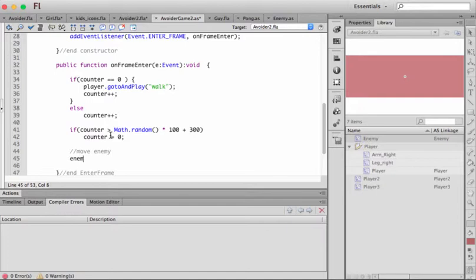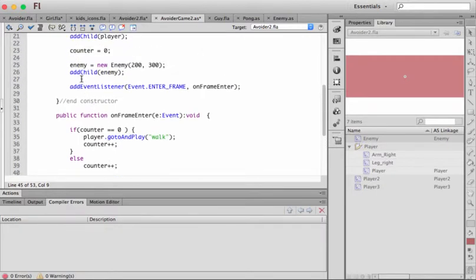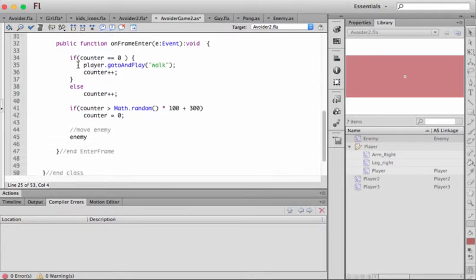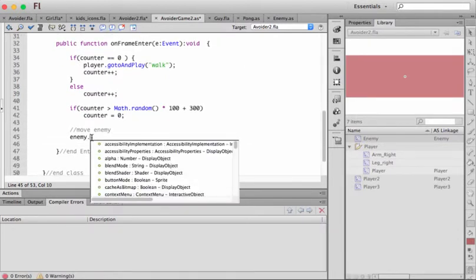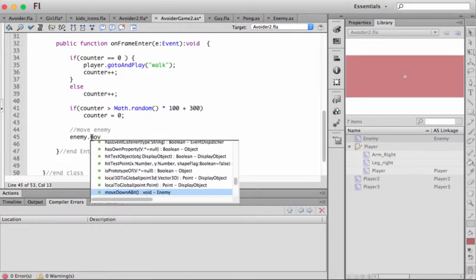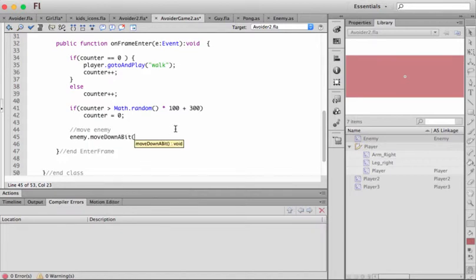So we'll take that enemy object, I named him enemy, and I'll put a dot, so now he can call that method. The method I created was called moveDownABit. It took in no parameters, so I just put the parentheses,